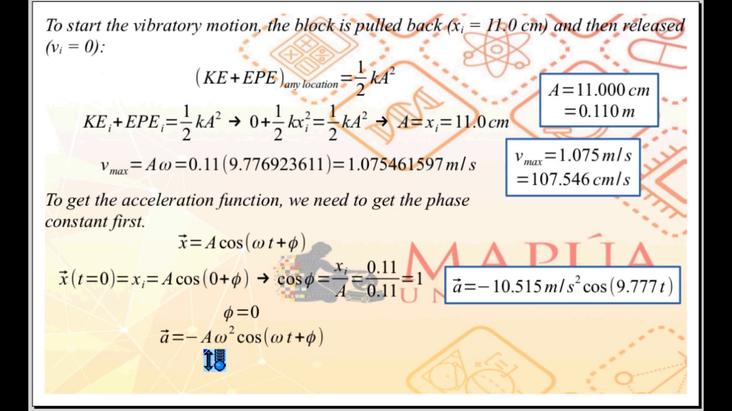So our equation for the acceleration function is now complete. A omega squared is just 10.515 meters per second squared. So a is equal to negative A omega squared cosine of omega t, so negative 10.515 meters per second squared cosine of omega t. Omega is 9.77 radians per second. So again, we have the acceleration function: a is equal to negative 10.515 meters per second squared cosine of